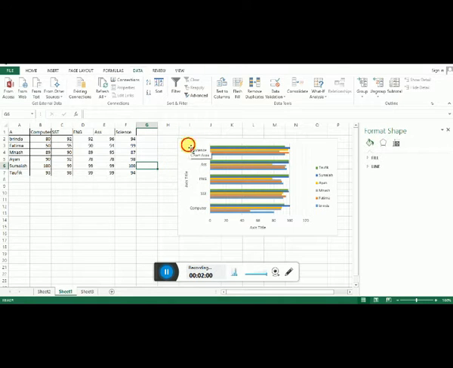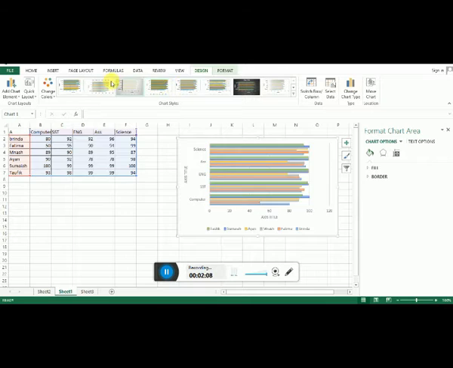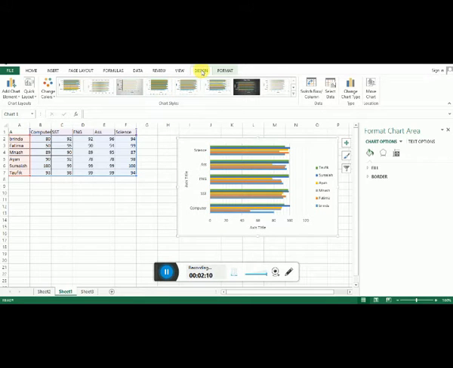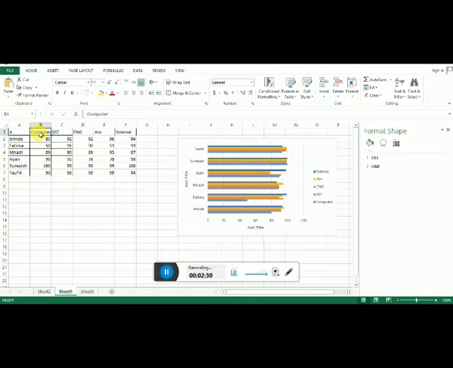So double click on the chart, and next click on the design tab and you will see the option switch row and column data. Okay, so when I use switch row and column data, you can see here it only shows the subject names, that means the rows. Okay, the row names are computer, English, science.